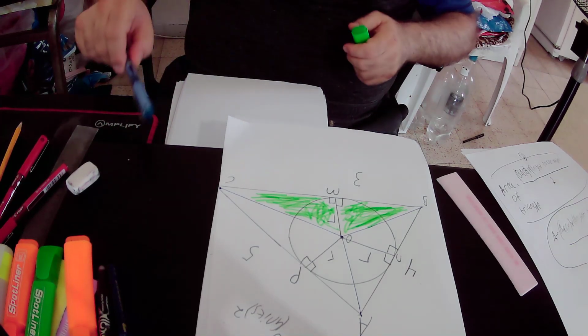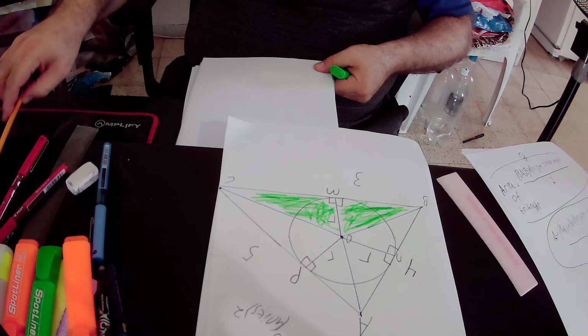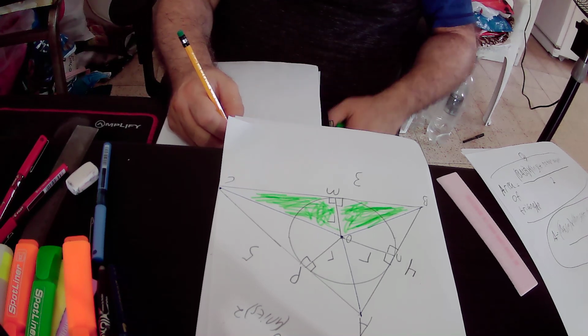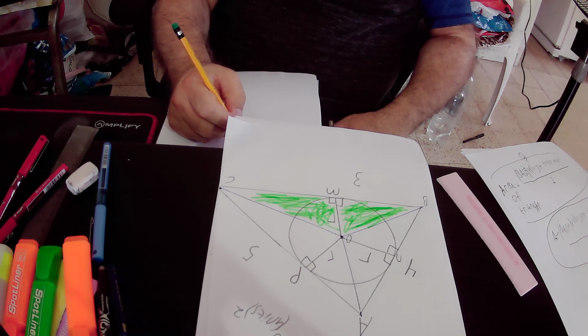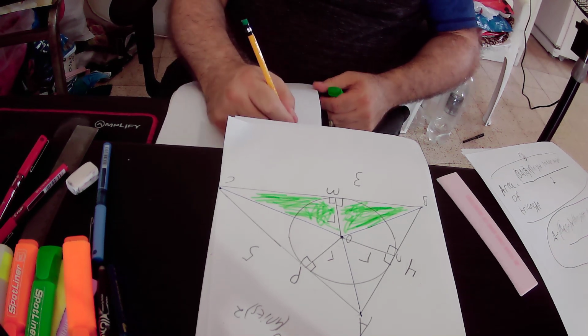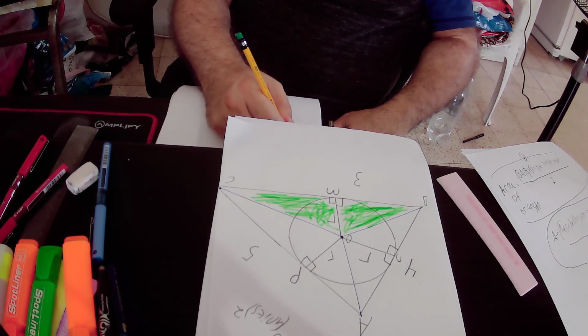So actually the formula for the area of the green triangle, A, abbreviation for area,